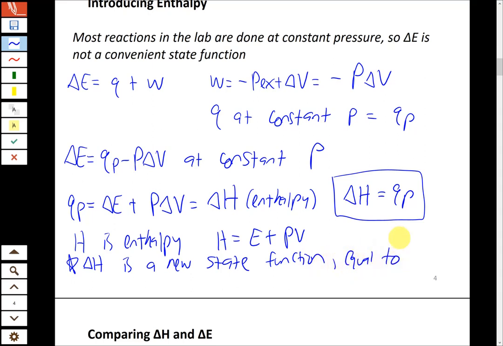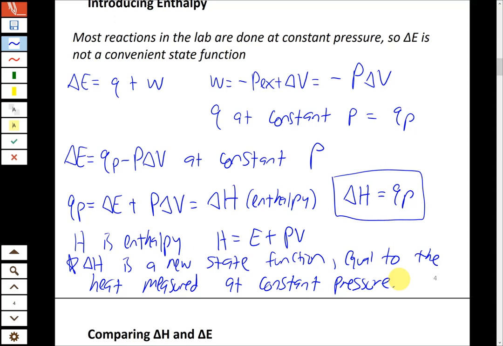So we don't have to worry about heat and work when we're measuring delta H. We just have to measure heat. It has to be at constant pressure for this to work. It's only true if it's a constant pressure process, but most processes in chemistry are, or at least can be controlled to be constant pressure. And so then we're able to just measure delta H in that way. So that's our new state function, change in enthalpy, delta H, that we're going to be dealing with a lot